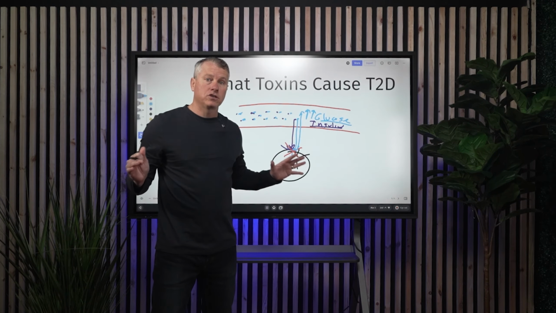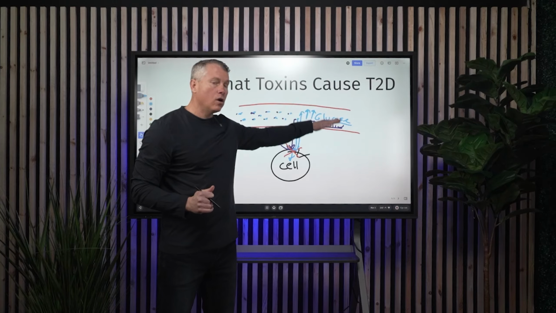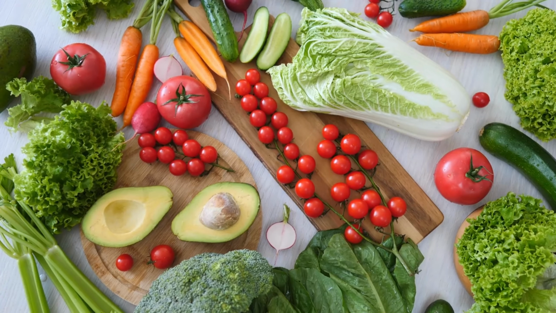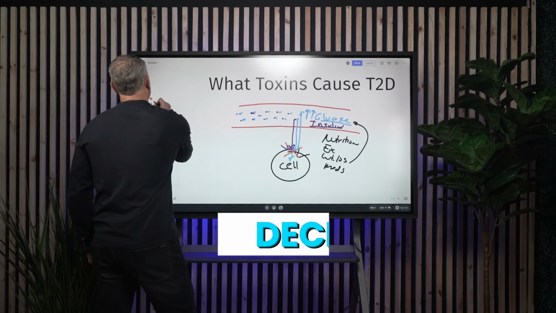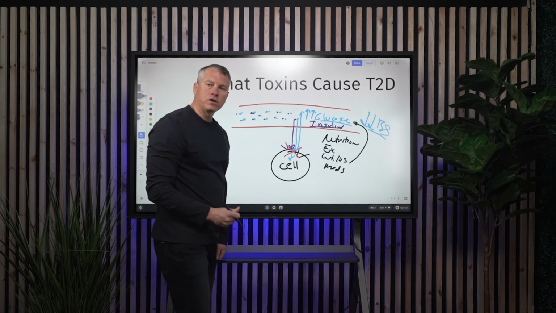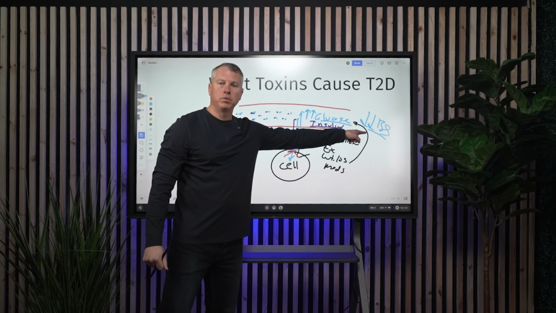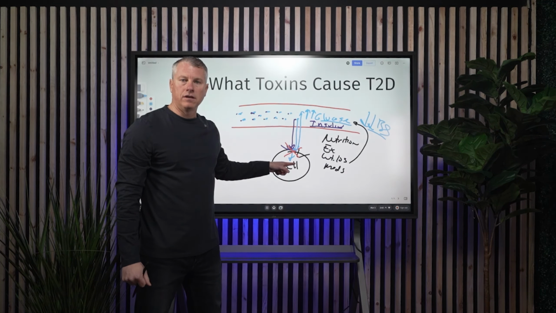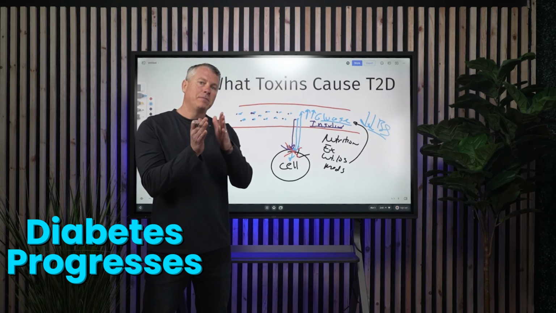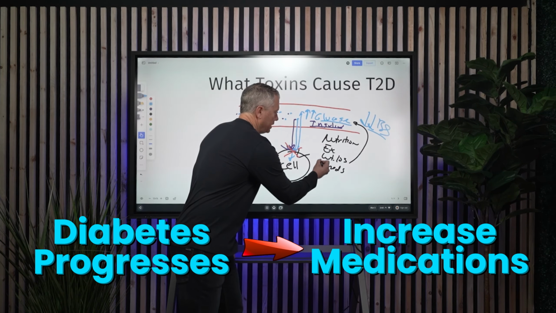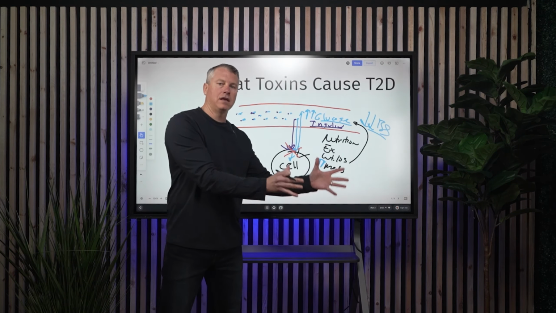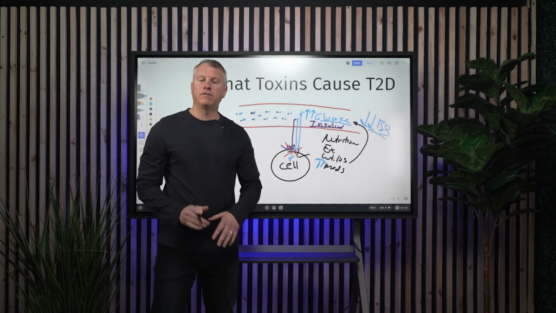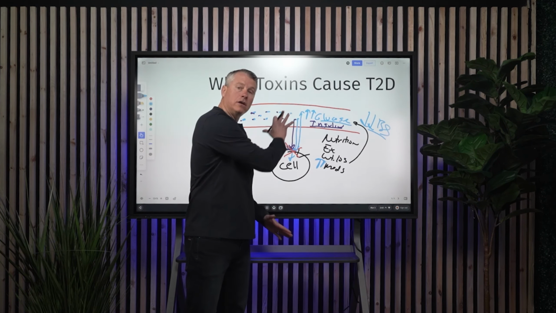Now, all the focus right now is doing things to try to lower the sugar, right? Things like nutrition, exercise, weight loss, even meds are to help decrease blood sugars. Now, unfortunately, by focusing on trying to decrease your blood sugars, is that ever going to fix your cells? No. So then what happens? Your diabetes progresses and the need to increase medications along the way happens. You're taking one medication, second medication, et cetera, until eventually you're full-blown taking insulin. This is not a good model to follow.